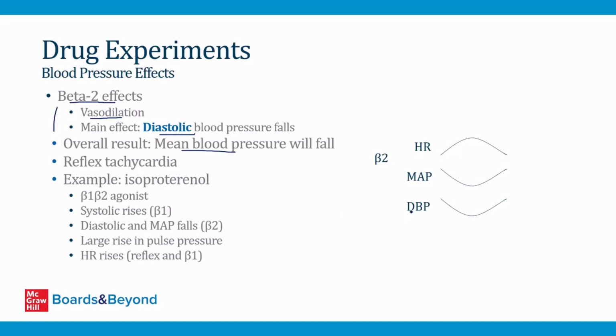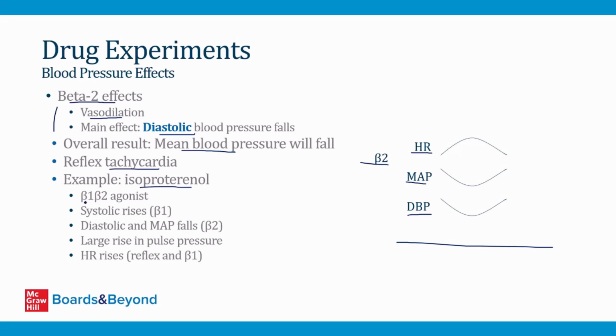When the diastolic pressure and the mean pressure fall, however, you will get a reflex tachycardia mediated by the sympathetic nervous system. So that means that what's shown right here are the expected hemodynamic effects of a drug that activates beta 2 receptors. It will lower the peripheral resistance and the diastolic pressure. That will cause the mean arterial pressure to fall, and then you will get a reflex rise in heart rate. There aren't any drugs that are purely beta 2 receptor agonists, but beta 2 receptor activation is important for understanding